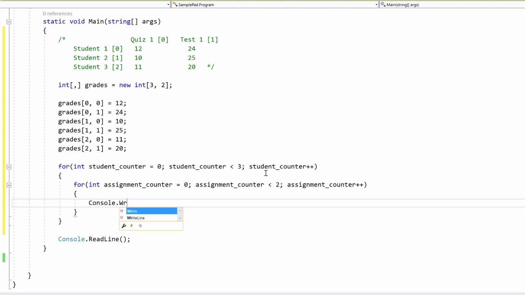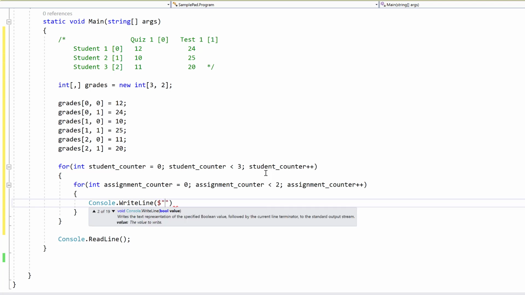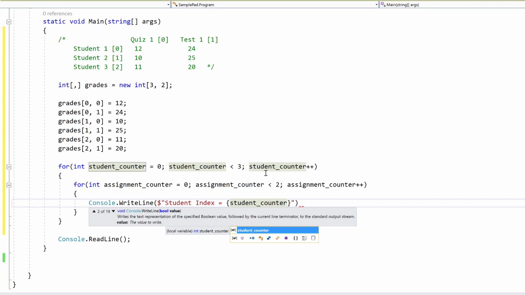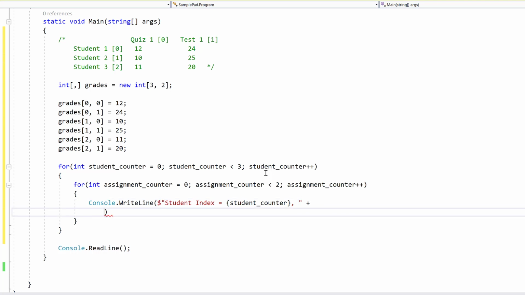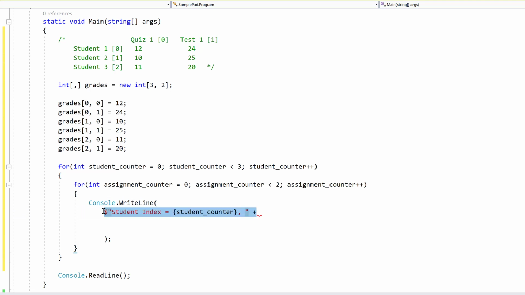So here, Console.WriteLine and we will write in student, we'll do string interpolation, student index equals studentCounter, and I will continue this using the string concatenation syntax of plus on the next line so you can see this in the video. Assignment index is the assignmentCounter